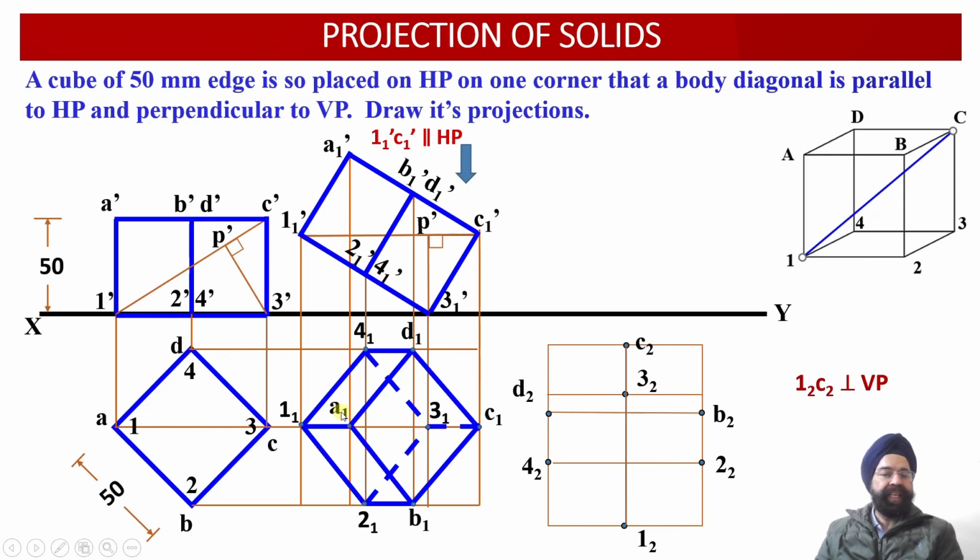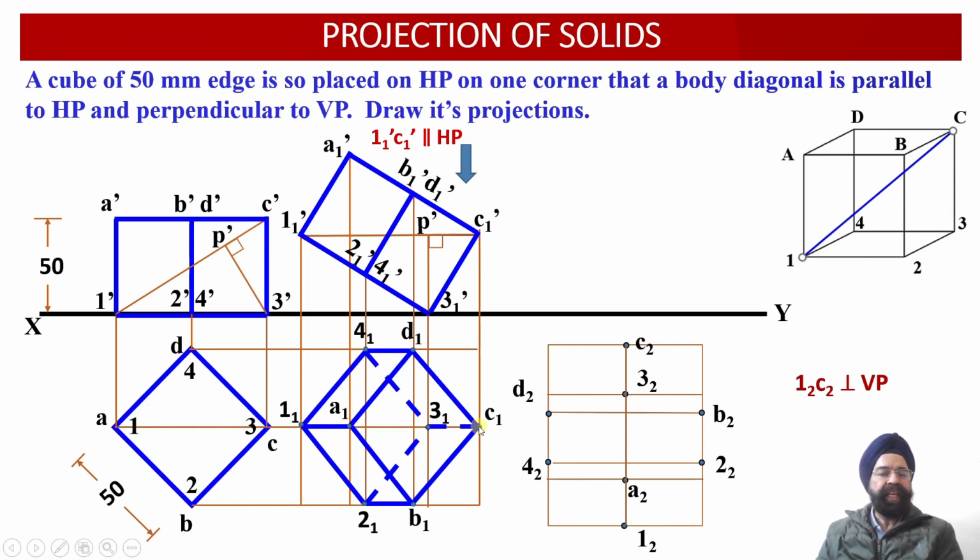And the moment you measure this distance, point A1 will be located. And here point A2 will be located. So same way, you measure this distance and draw a construction line, point A2 will be located. So all the 8 points which were located in the plan projection view while the body diagonal was parallel to